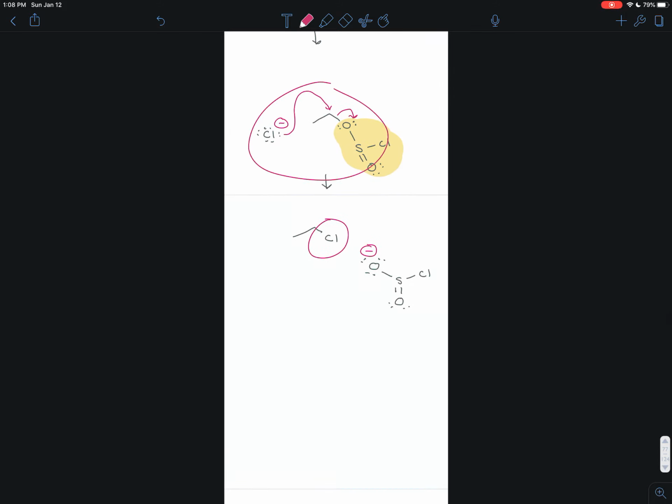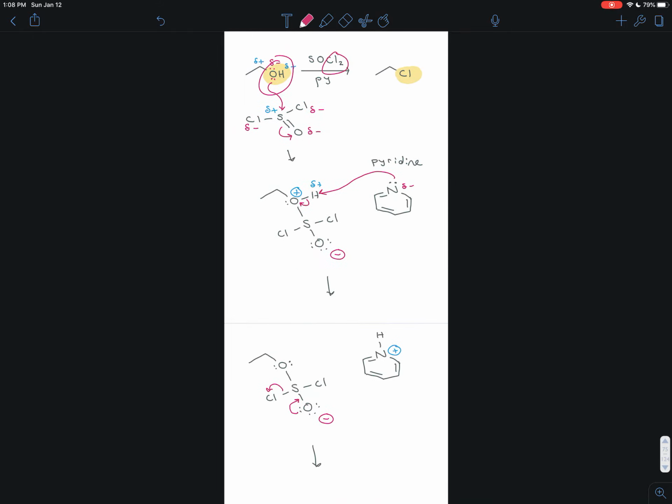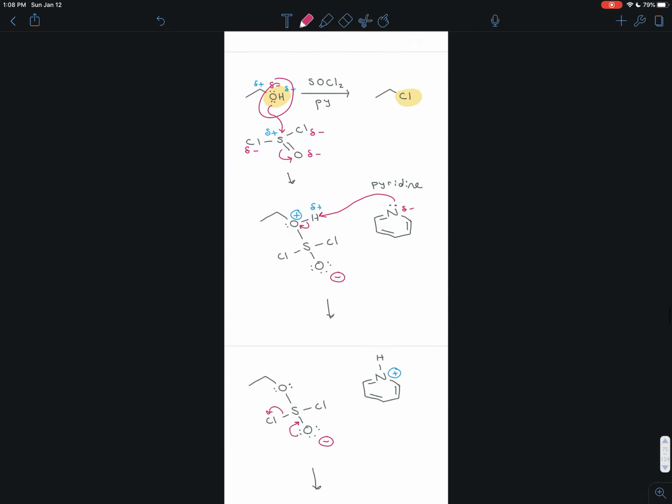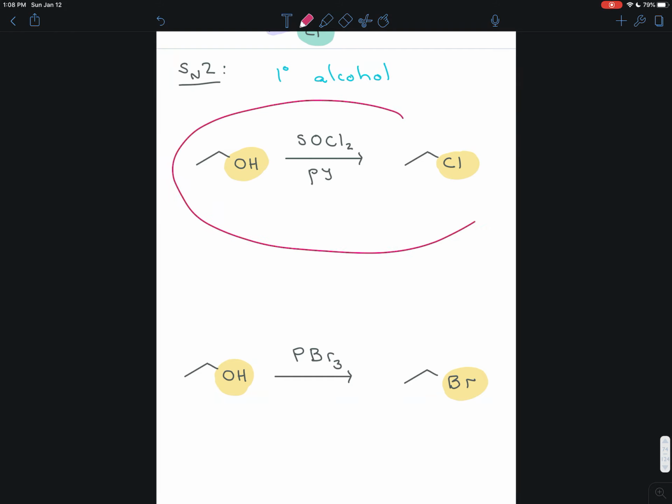And once we did that, we just did an SN2 reaction with one of the chlorines in thionyl chloride. And the pyridine was there just to stabilize this intermediate. Okay, so much for thionyl chloride. Hopefully that clarifies how you can use thionyl chloride and pyridine to turn a primary alcohol into a primary alkyl